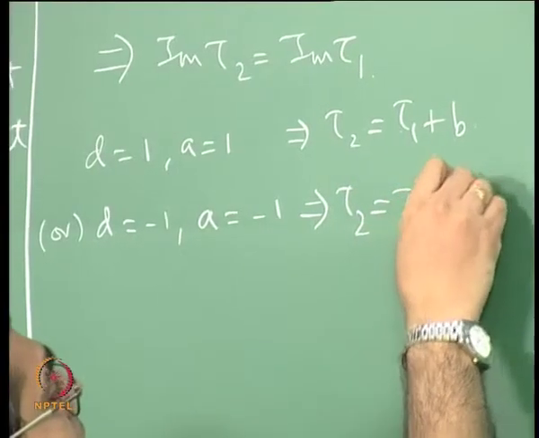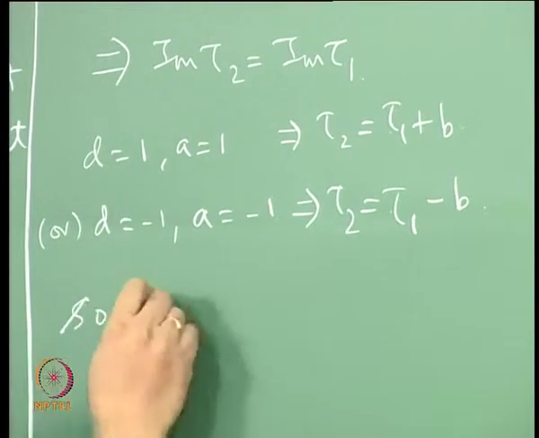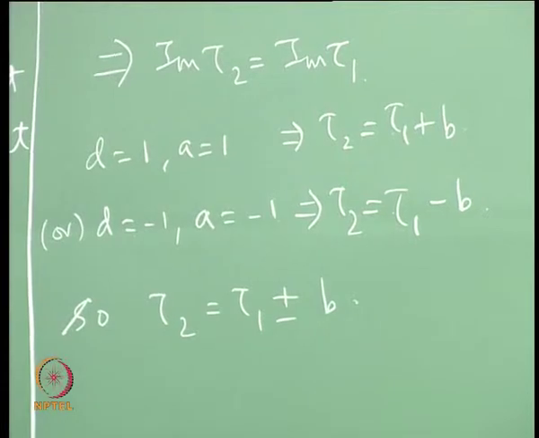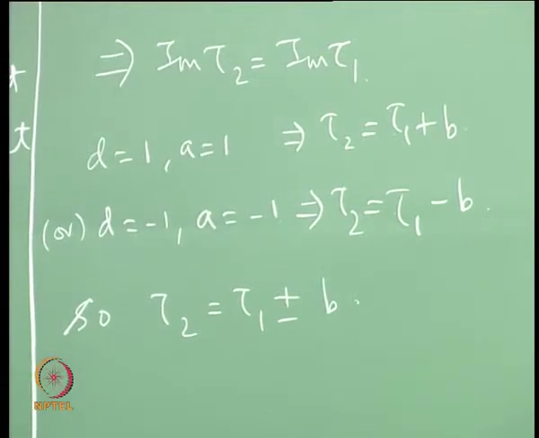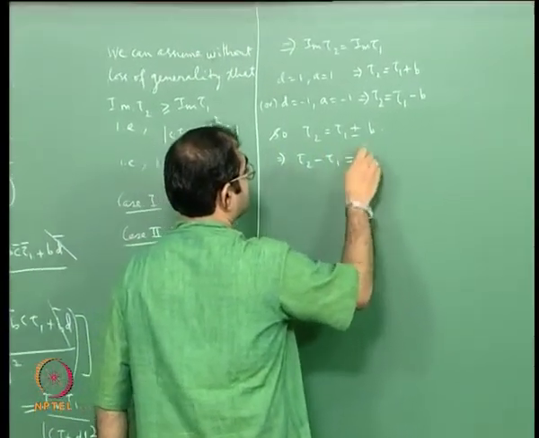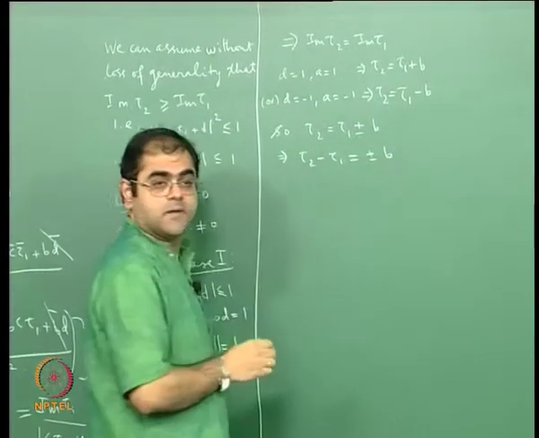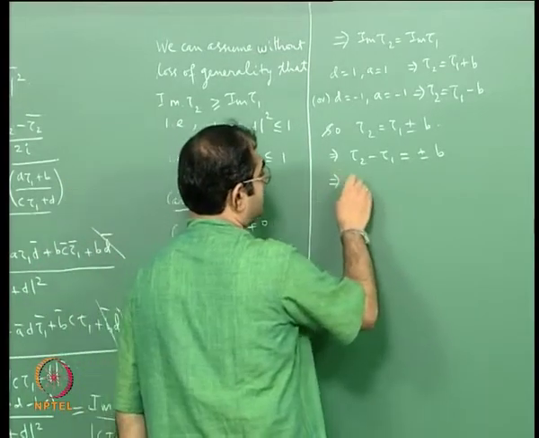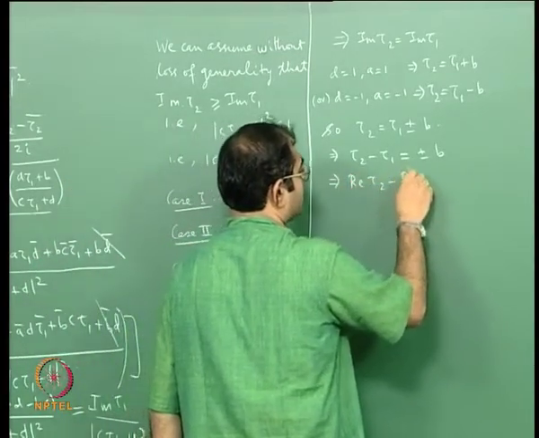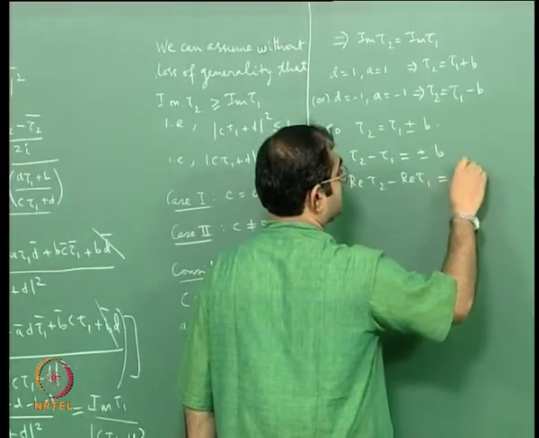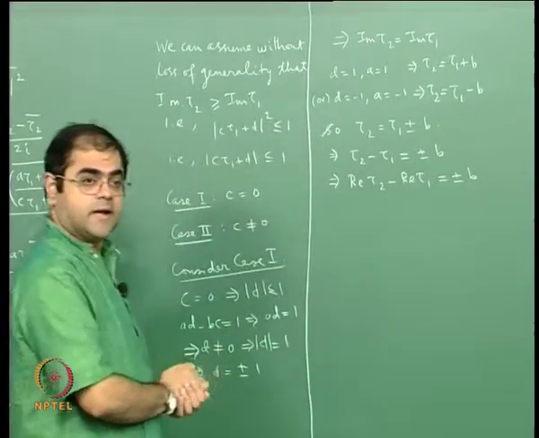So what I will get is basically tau 2 equal to tau 1 plus or minus b, okay, this is what I will get corresponding to whether d is plus 1 or minus 1, but this will tell me that tau 2 minus tau 1 is plus or minus b, okay, and but then that is real, so this will also tell me that real part of tau 2 minus real part of tau 1, okay, is equal to plus or minus b, this is what you will get,